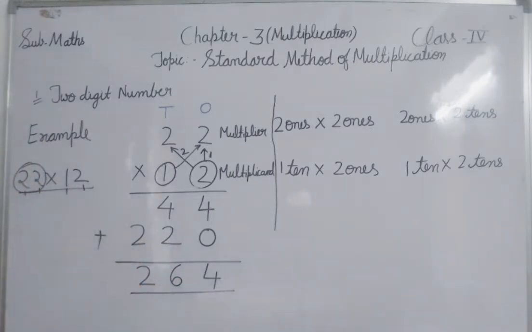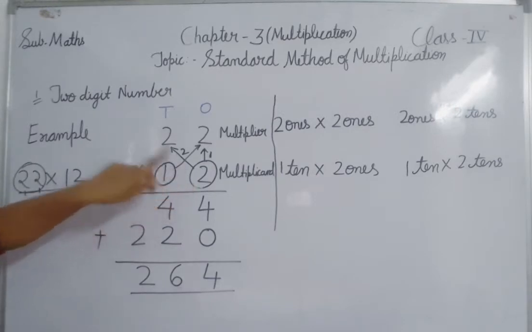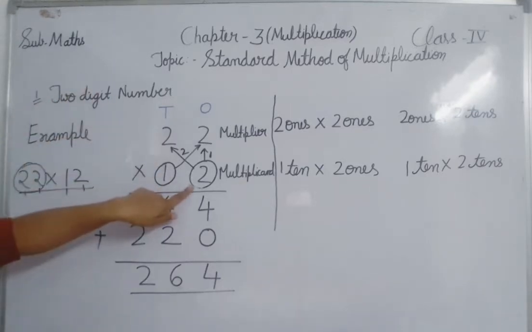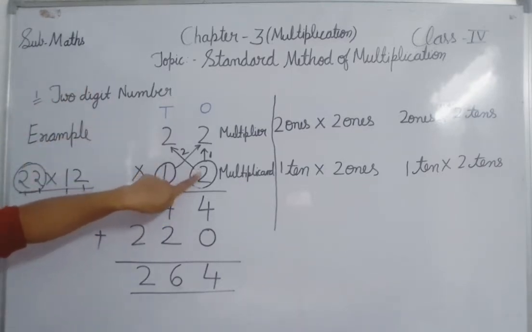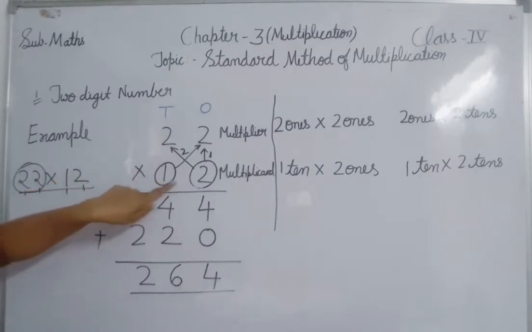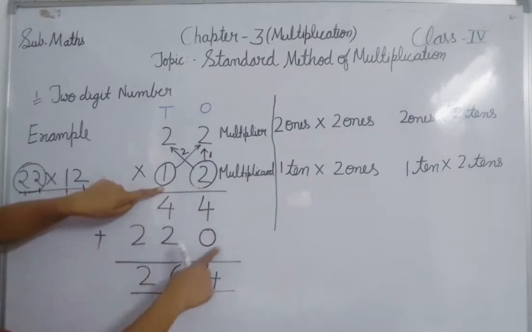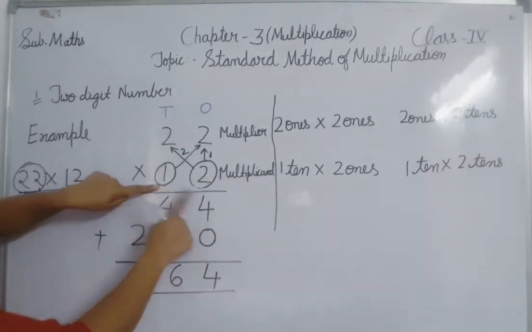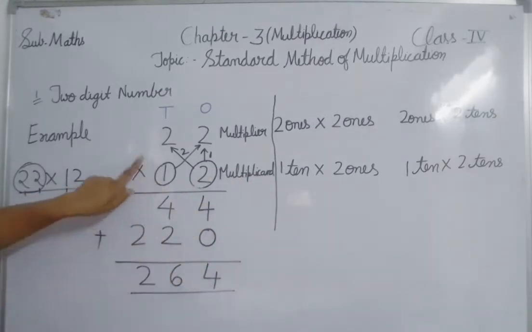One more time I am revising it. What do we have to do? First we write the multiplier, then the multiplication sign and the multiplicand. Now we are doing 2-digit numbers, so we start from the ones place. First we multiply this number with the ones place, and after this the tens place. When we start the tens digit, on the ones place you have to put a 0, because the multiplicand digit is on the tens place.